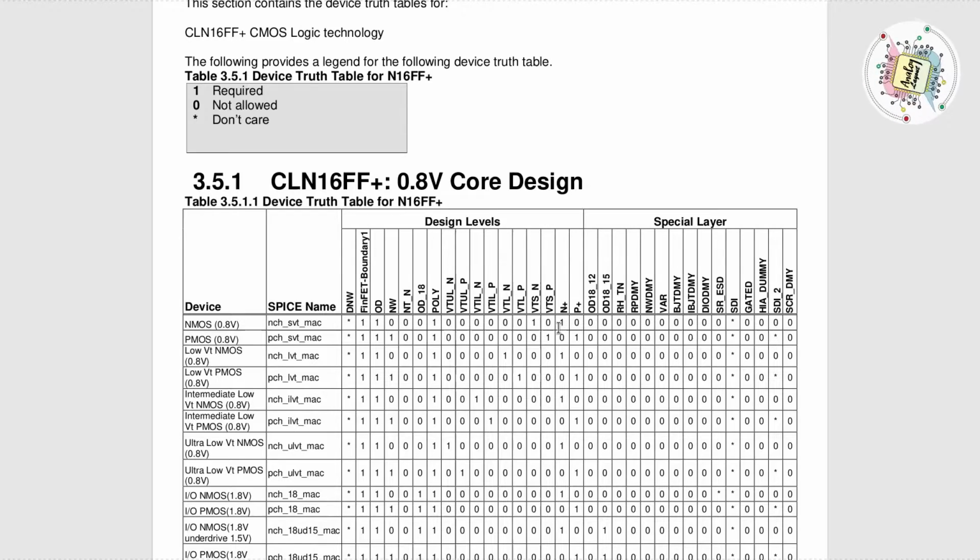But if you want to fabricate this NMOS 0.8 voltage, you need 5 lithography steps. Hope you understand very clearly, because as we discussed earlier, poly will be fabricated in the 31st lithography step. But whatever lithography steps are there between 1 and 31, they are not mandatory to fabricate this N channel SVT MAC.